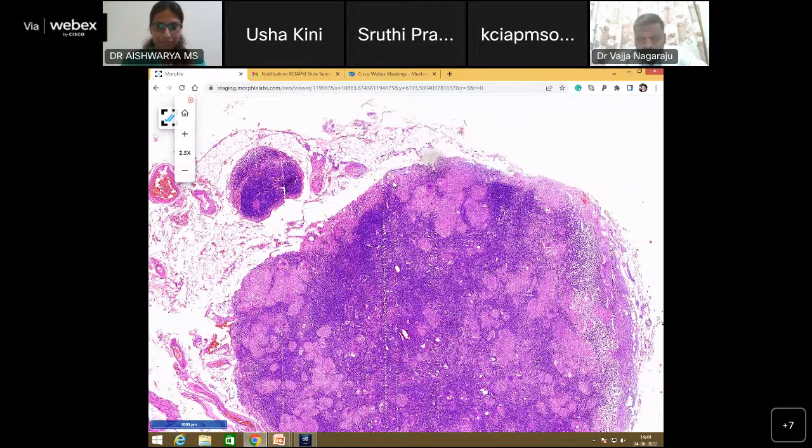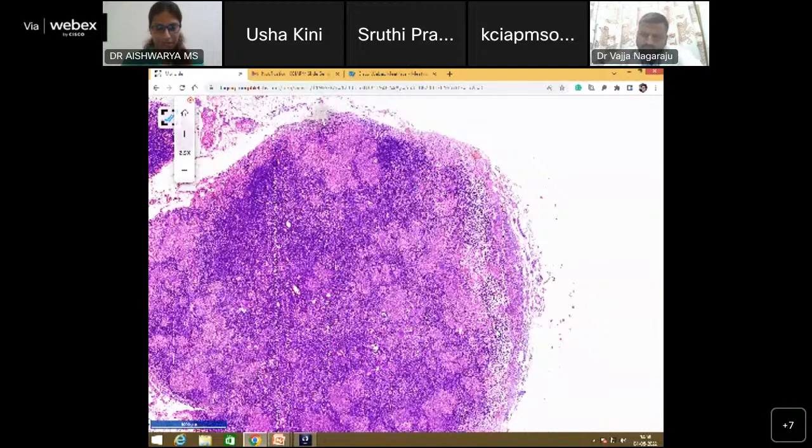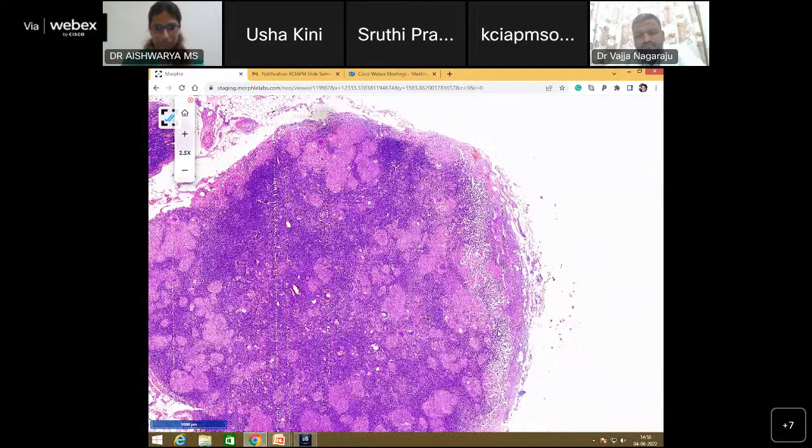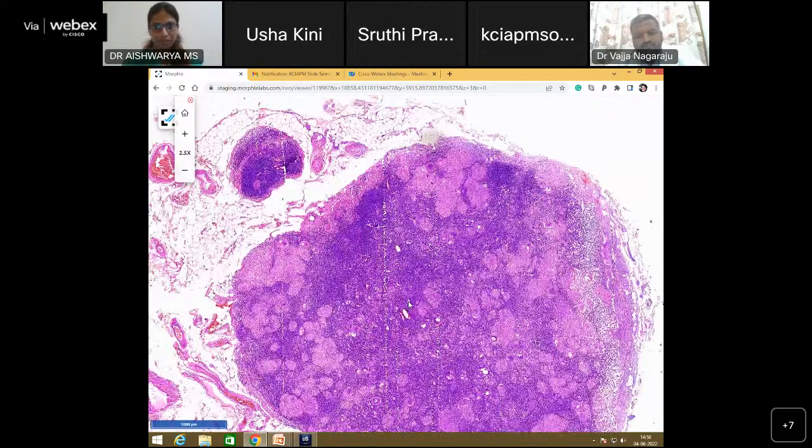So you're very right, but you cannot use the word effaced because where there are no granulomata, you're able to see the sinuses. And probably you're not able to differentiate between cortex and medulla because there are two lymph nodes which are jam-packed with granulomas. Also it depends on the cut. You get to see medulla when the cut goes through the hilum, right? That is when you can differentiate. Otherwise, you will be seeing only cortex. Then you say, I don't see medulla.